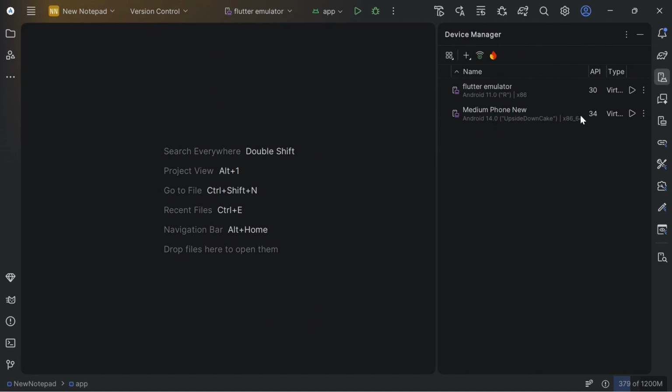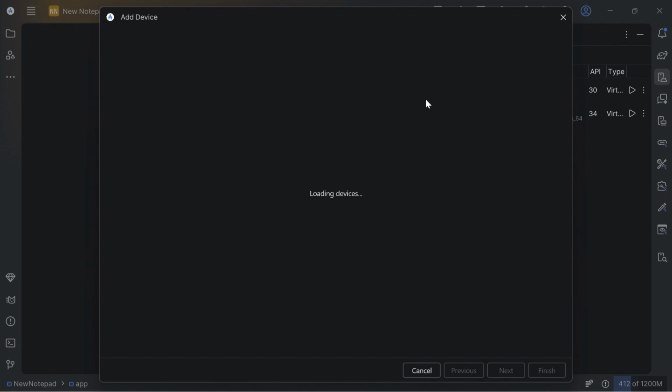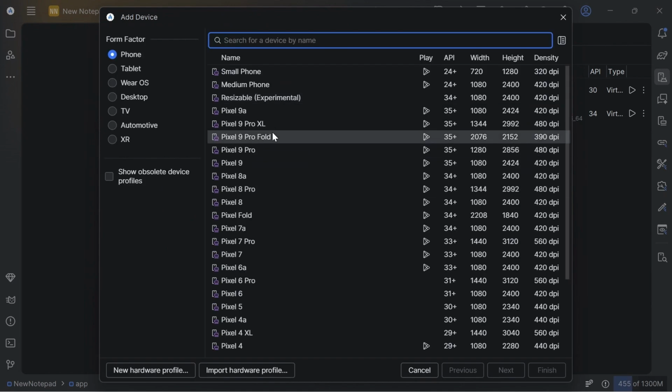So now, if you want to add a new one, click on this plus sign. Then click on create virtual device. It opens up like this. You open the add device dialog like this. Then look for any one that suits you. So I'm going to be using